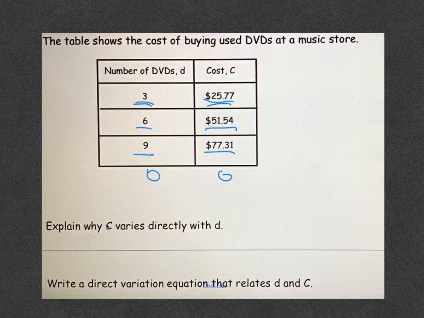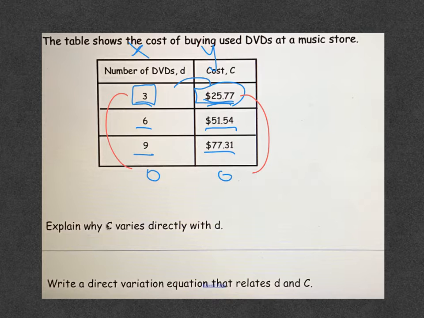Whenever you have a situation like this, one of the things you can do is notice that there's a ratio between these two numbers. If I treat this as x, my independent variable, this is y, my dependent variable, because x is the thing that determines y in this case. So that means I can just set up a ratio of this over that. And the reason I can do that is, since I know if I bought 0 DVDs that would cost $0,